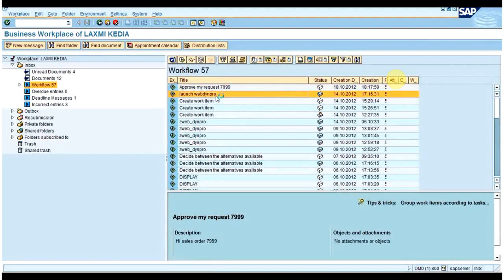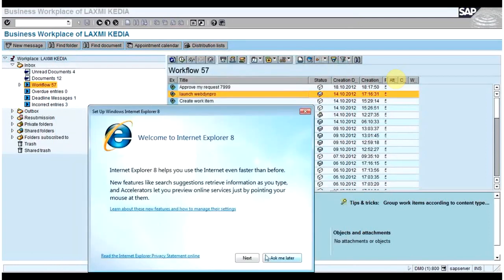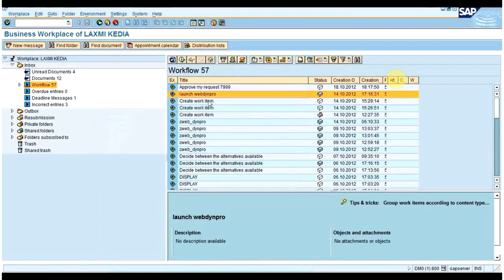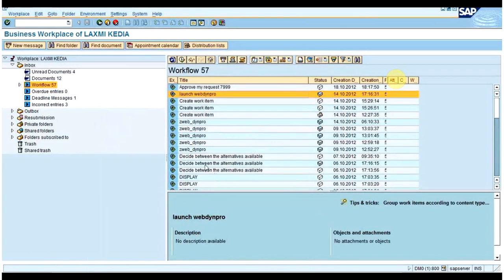Now coming to the status, you can see one box is present, and once you keep the mouse over there, you can see the completed tooltip. This box is completely blue, which shows you the status as completed. So through this box also you can come to know what is the status of the task. Now coming to the work item ID, this is the most important.